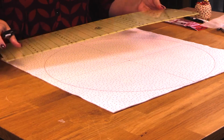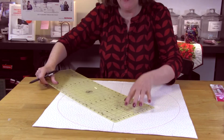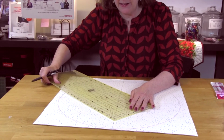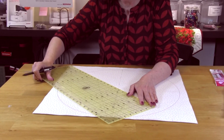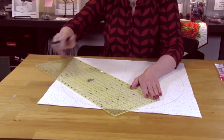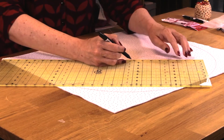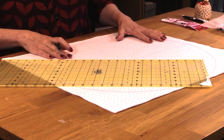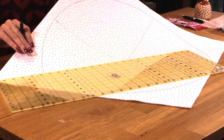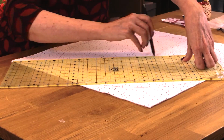I'm going to take my ruler, and remember I showed you the 45-degree line. I'm going to take that line and set it up exactly on the first line that I drew. And it's going to go through the center. So just look at the video and see how it's positioned. And we're going to draw that line now